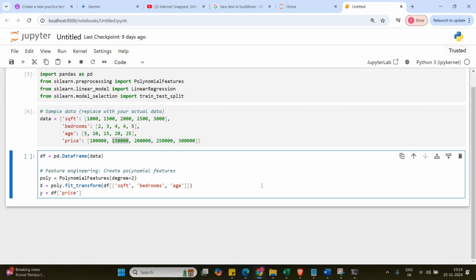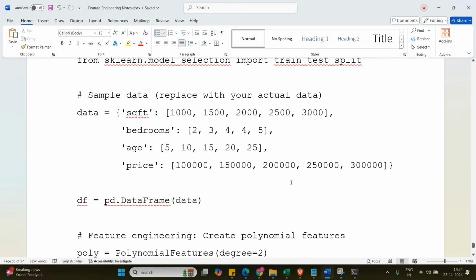Then it stops there and it gives you the value of a, b, and c, and based on that your accurate model will be prepared. And then this is the y, which is df price. So x and y both have been taken, and now I'm going to train it. Okay, so let me